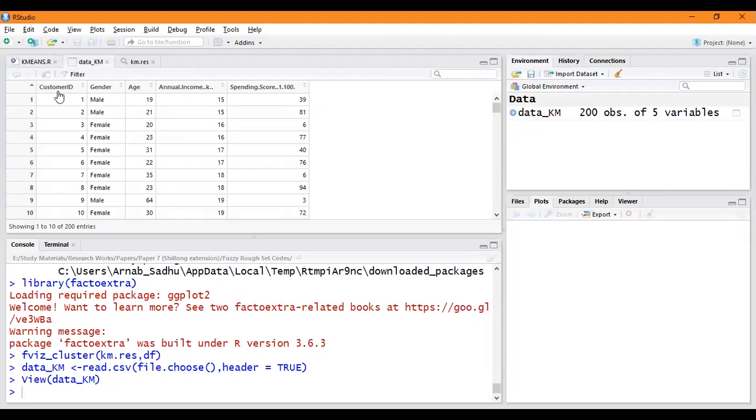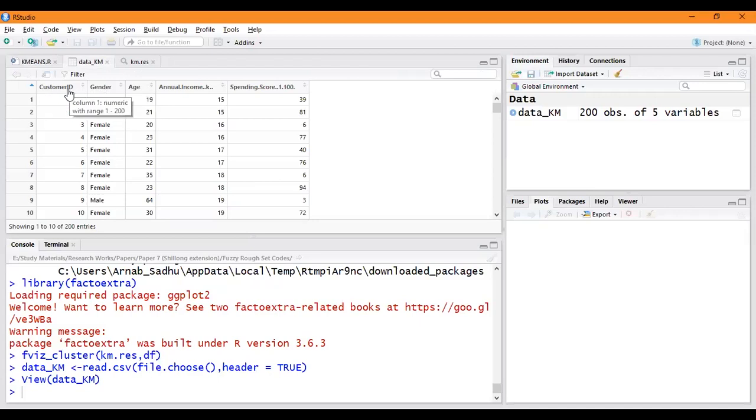Okay. So the dataset has 5 attributes. The first one is the customer ID, as we were discussing in the PowerPoint. Gender is there, age, annual income, and spending score. So these are the 5 attributes. Now from these attributes, gender is an attribute which is given in the form of male and female. So either we can change it to 0, 1 like binary, or we can remove this for now.